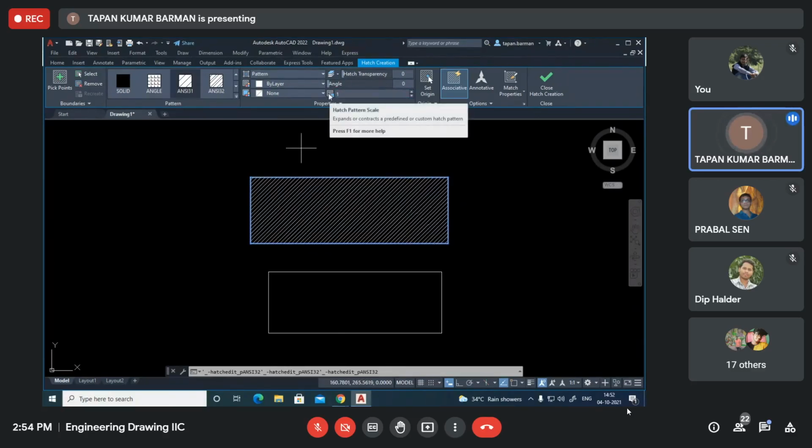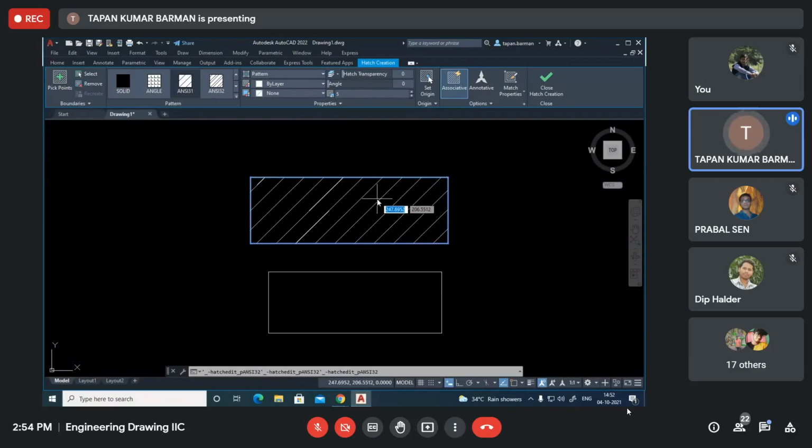Using this hatch pattern scale value, we may change the line spacing. Suppose I am making it 5. You see what happens there. The gap between the lines is increasing. So using this scale value, we may change the line spacing between the hatch lines.